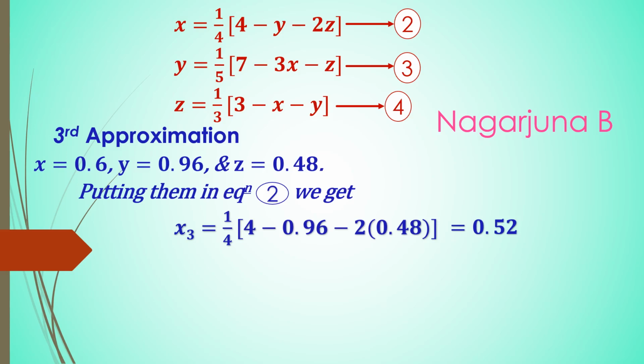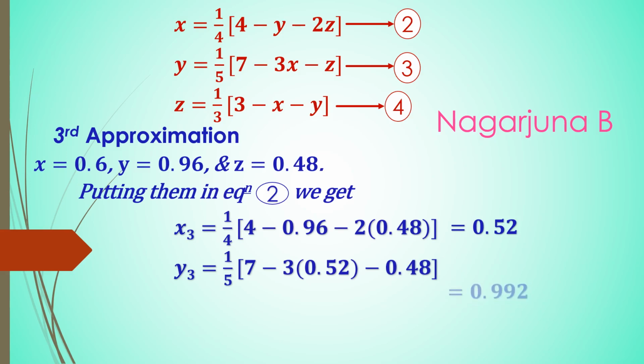x as 0.52, which we have just got now, and the value of z as 0.48, which we have got in the second approximation. Therefore we can write y3 is equal to 1 divided by 5 into 7 minus 3 into 0.52 minus 0.48. So this one upon simplification by using a calculator we get the answer, and that answer is